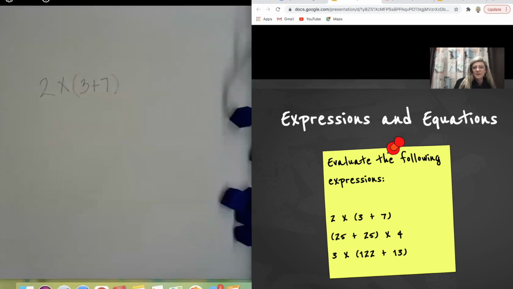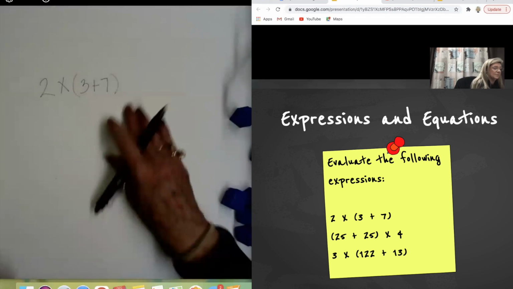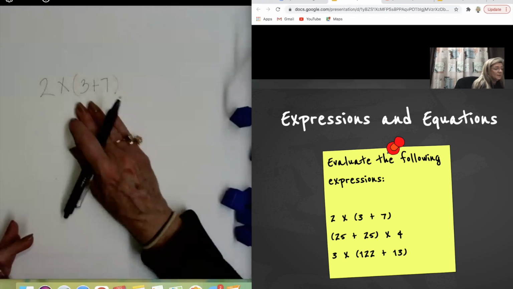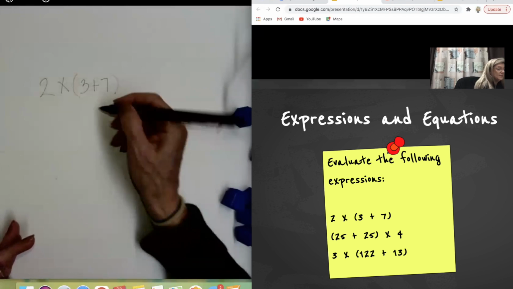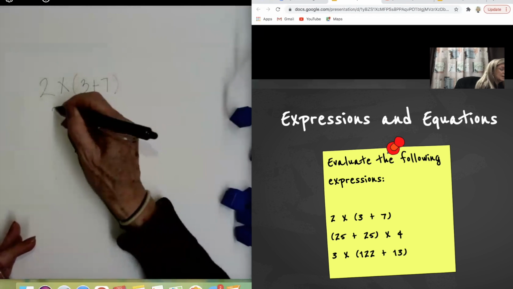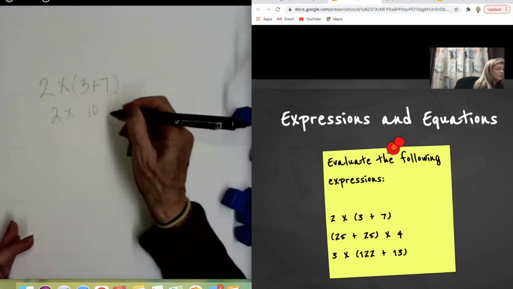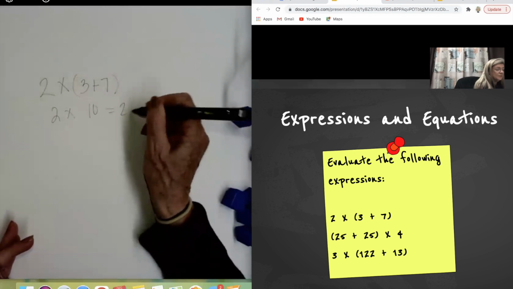You can use the little wiki sticks, which will stick to the paper, and you can curve them. But anyway, you talk to the kids about whatever's in red. That's what you do first. That's the thing about this. It's just getting them to take care to think about it that way. So obviously, 3 and 7 is 10, and then they think about 2 times 10, which equals 20.